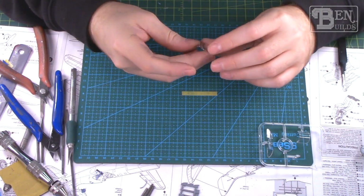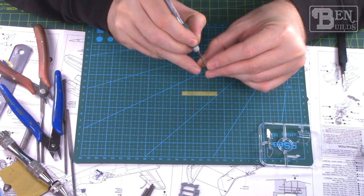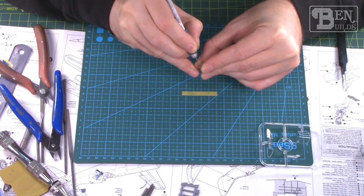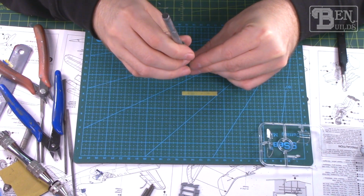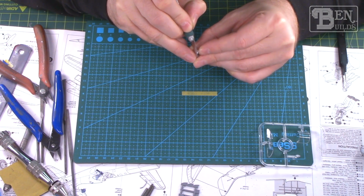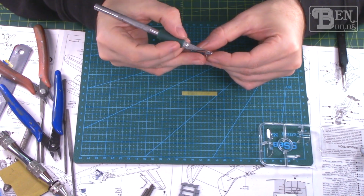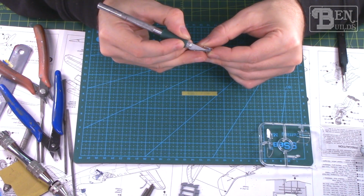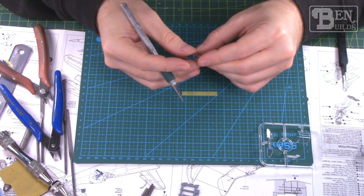We're going to go ahead and start off right away with something I'm not really that excited to do, but we need to get it done. That's going to be the masking of the canopy. Now I'm going to use whatever tape I have, which is Tamiya and Frog masking tape, and we're just going to mask off the front windscreen, the center portion of the canopy, and then the two rear windows. My hope is to get those all nicely masked up and install the windscreen and the rear windows, leaving the center portion completely unglued so we can pose that